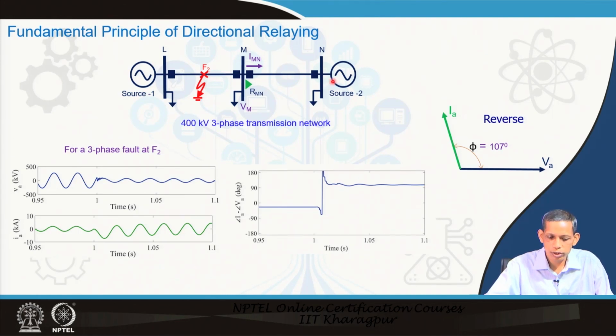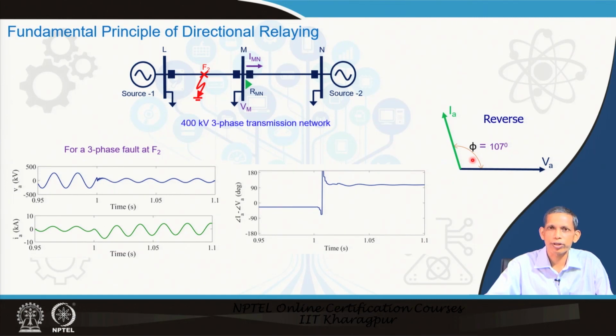is a reverse case. So, current flows from here to here, and that is what is noticed from this current pattern with respect to this VA at bus M for this relay. So, the angle of IA minus angle of VA becomes positive now, as you have already seen. We have already done VA, the phase voltage at bus M, and the IA is leading, and the angle comes out to 107 degrees, and this phi is a positive value. So, this is the reverse fault for this relay, and that angle comes out to be positive.